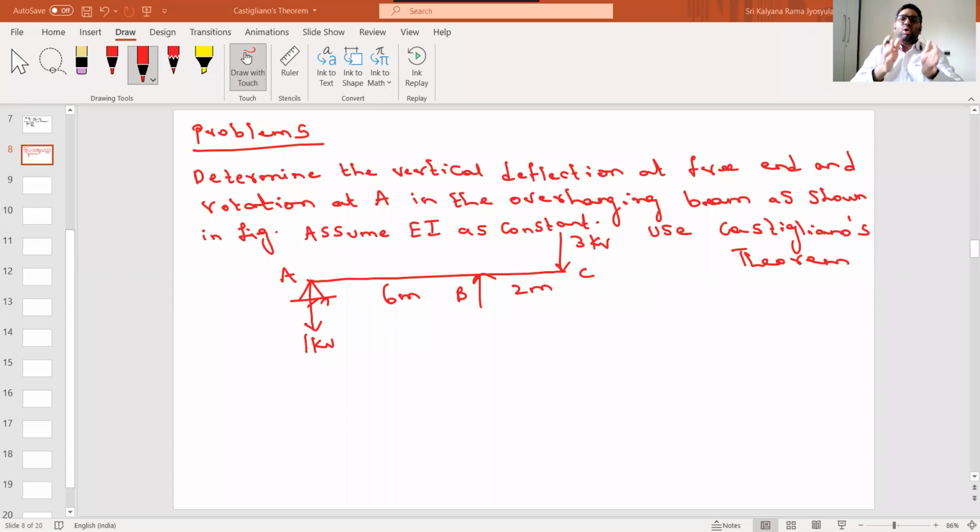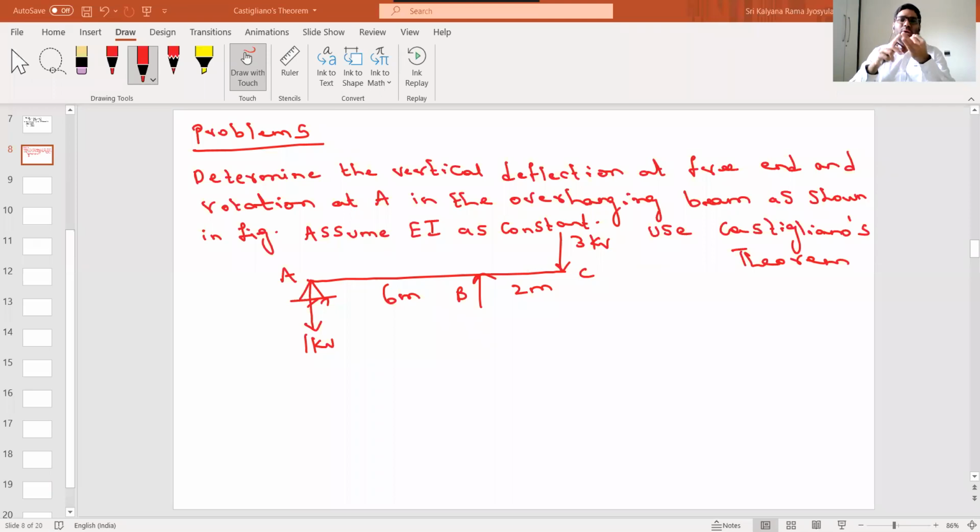That means, we have load 3 kilonewton given at joint C. So in order to calculate the deflection at the point, we need to initially assume that the load at that point, 3 kilonewton, is P. 3 kilonewton will be there, but for us we need to have the flexibility as P, right? Because dou U by dou P. So instead of writing 3 kilonewton, initially we will write it as P. And while substituting, we can substitute P is equal to 3 kilonewton.